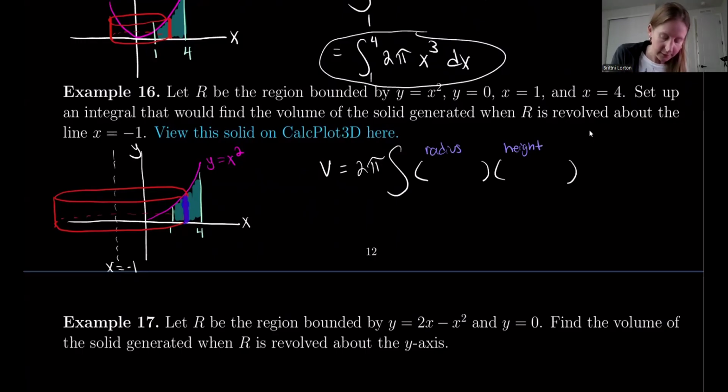So in this particular case, the radius is going from the center to the edge. So it's not just x anymore. It was x, the radius was x when I was revolving around the y-axis, but now I'm revolving around the line x equals -1, so my radius has shifted. It was x, but then I need to find the distance between x, which was the edge, and my center, which was -1. So that really is an x plus 1, or I'm going to write it as an x minus a -1,